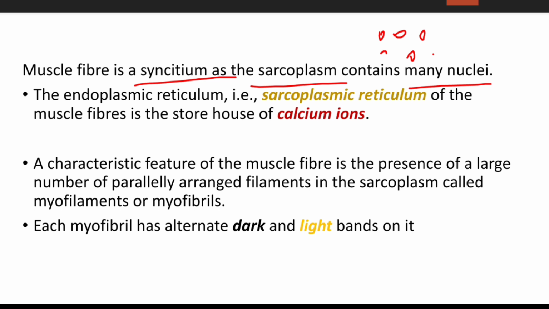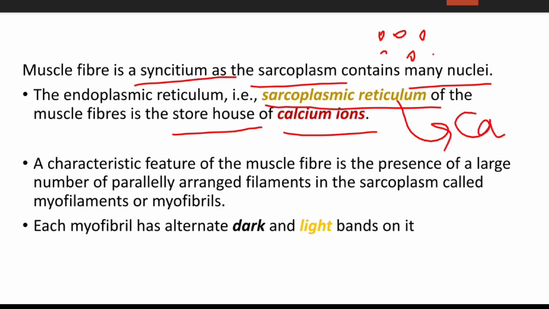The endoplasmic reticulum, also known as the sarcoplasmic reticulum of the muscle fibers, is a storehouse of calcium. So the sarcoplasmic reticulum contains calcium. When the impulse is released for muscle contraction, the sarcoplasmic reticulum releases calcium ions, which are required